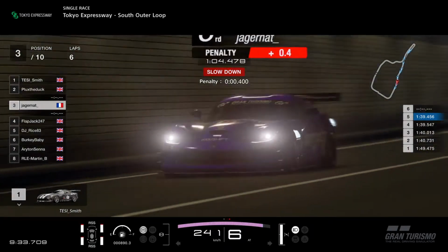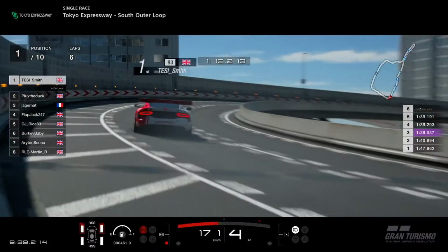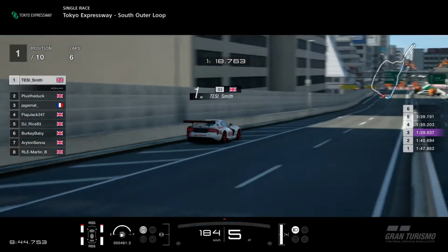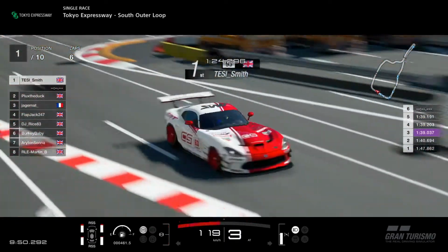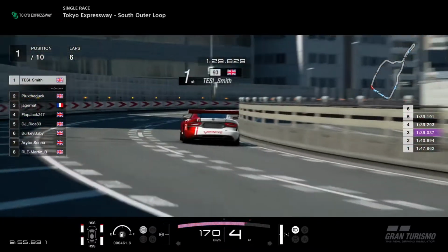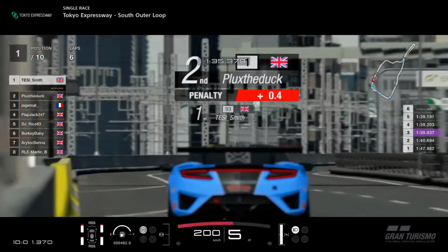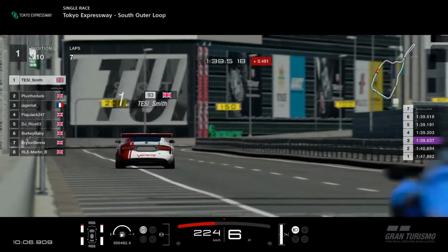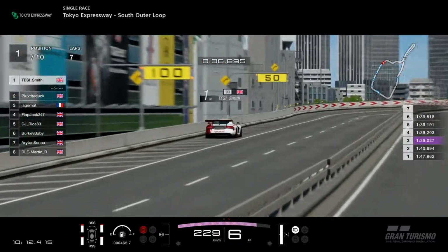Like I said in the previous video, I don't know what Smith does differently. Maybe he has the brake balance all the way to the front. I think I might have to ask him about this, and ask why his tire wear is so damaging to the front section of his cars, because they seem to suffer a lot more than the rest of his tires. So either he's driving the car too hard, at 150% of what the car should be driven at, and he wears the tires more, or the brake balance